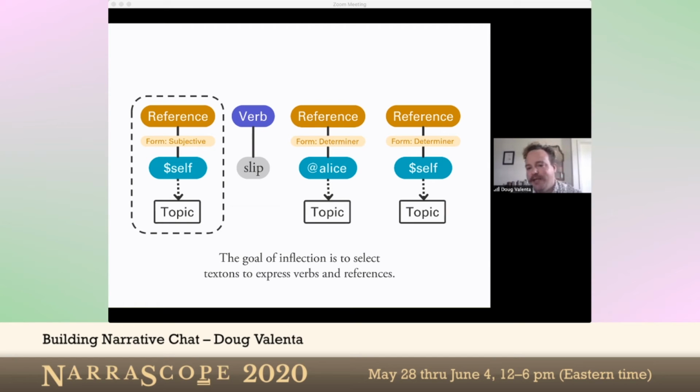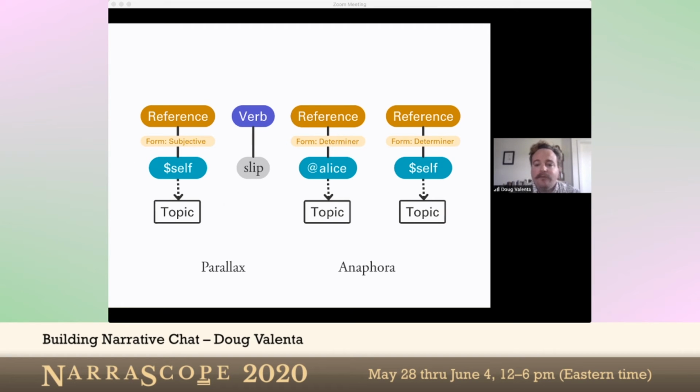Inflection is a word from linguistics. You might know it as conjugation when it applies to verbs, but it applies to all different kinds of words, and is a way that words or lexemes are marked morphologically for different grammatical purposes. So we basically are going to need to perform different transformations on these things in order to tell the story from multiple perspectives. And the big crux of telling the story from multiple perspectives is going to be inflection.